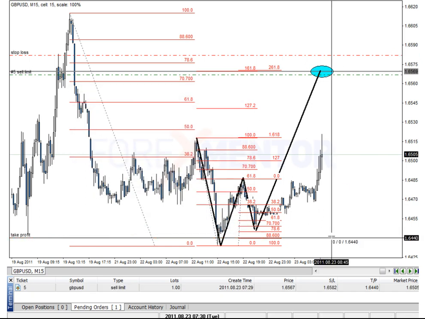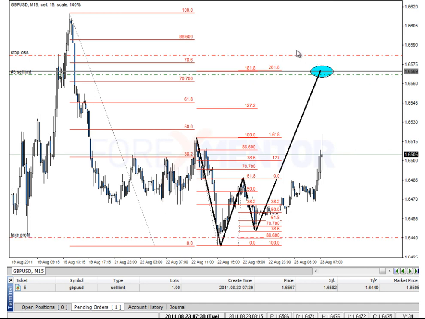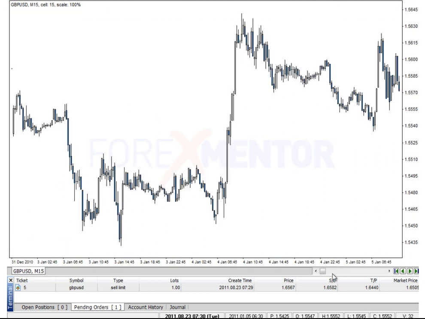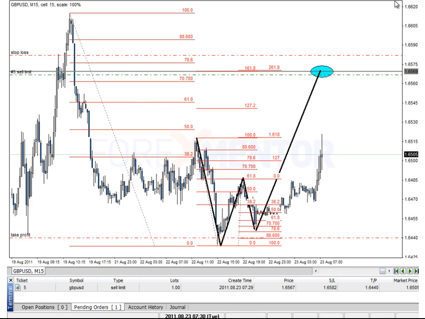You can see our risk reward is about 127 pips for 15 pips, so very, very nice if it does work out. Once again, just recap: higher time frame, key area of resistance. Look at the completion area of this actual crab pattern. So if we just follow this along,